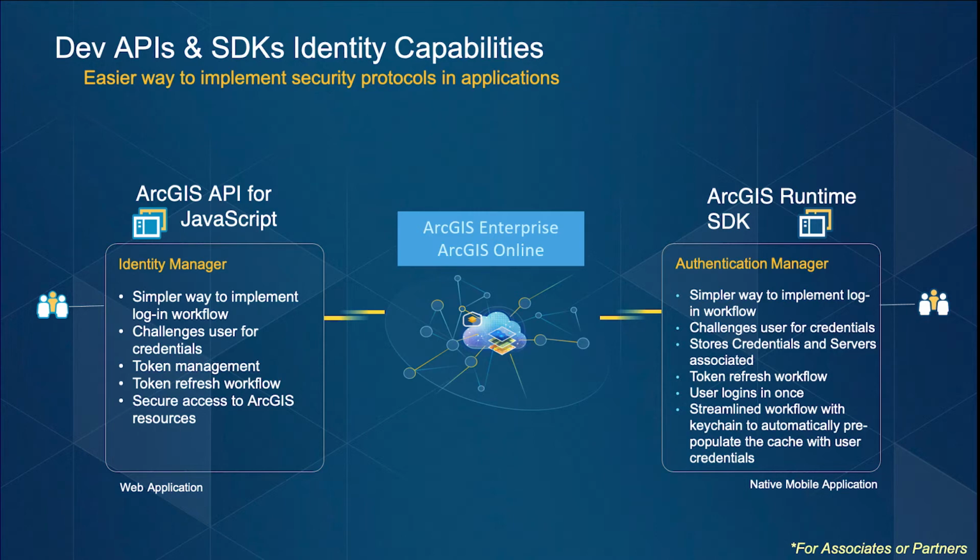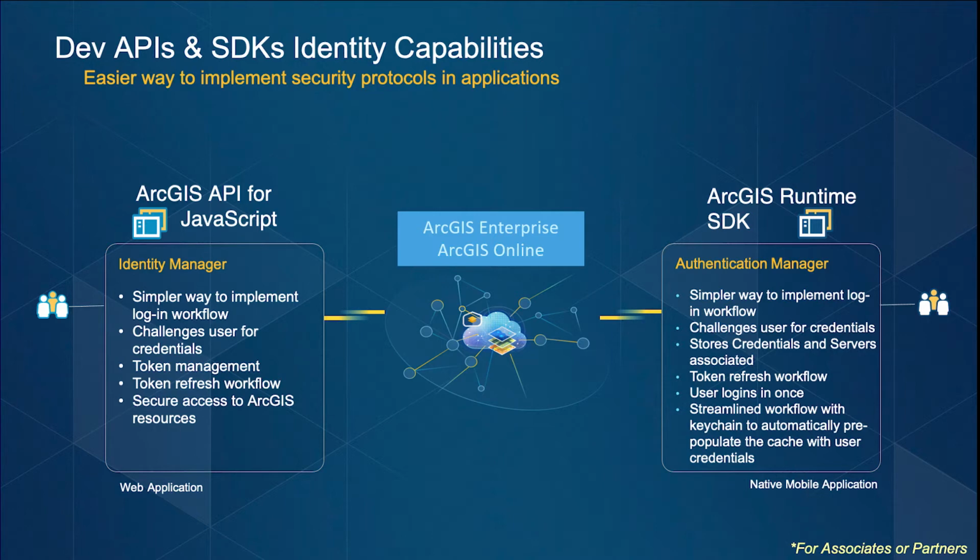Let's start with talking about web applications. Assuming a web application is built on top of the RGS API for JavaScript, it supports the Identity Manager module. The Identity Manager module helps the developer implement the login workflows in a much simpler way. So when the application tries to access secured resources on behalf of the user, the Identity Manager challenges the user to enter their credentials. And once the user is logged in, it obtains and manages those user access tokens to access the secure